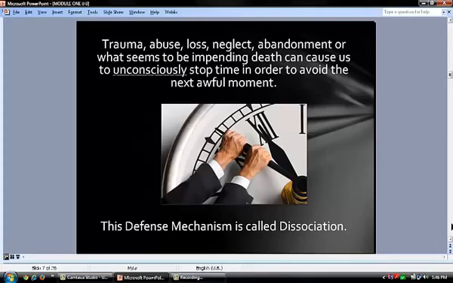Sometimes uncomfortable moments were born in what looked to be impending imminent death. In effect, the subconscious mind freezes just before an awful moment of time rather than go through it. While you might not consciously say, gee, this is the worst moment of my life, I think I'll stop time, I'll freeze time about here to avoid the next awful moment, that's exactly what the subconscious mind does. That's why